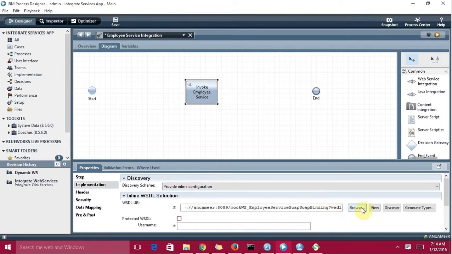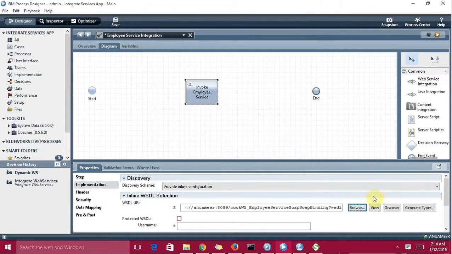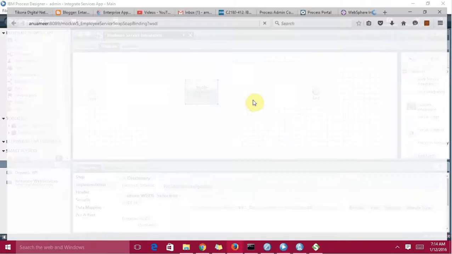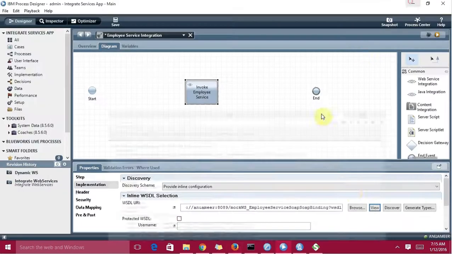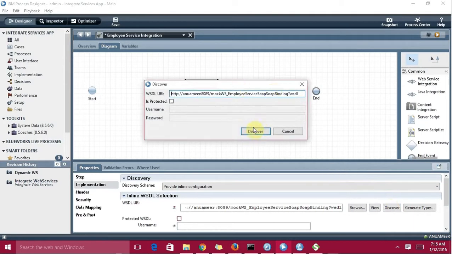Here are the options. Browse means you can browse it from the WSRR. View means you can view the WSDL file. And if you click on view, it will open in a browser. Okay, it is opened in a browser. And here is the discover. We need to discover this WSDL. So what will happen? It will import it into your IBM BPM application. Click on discover